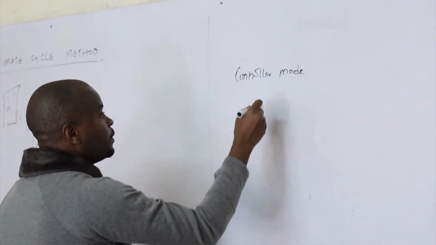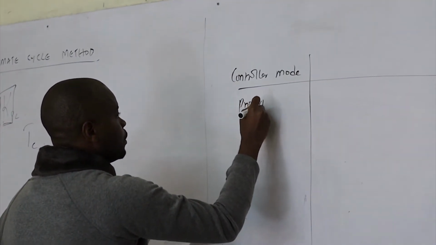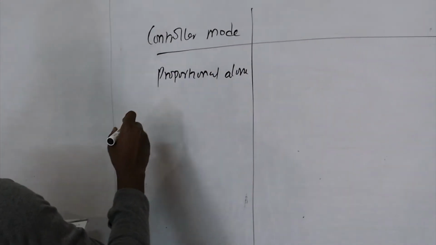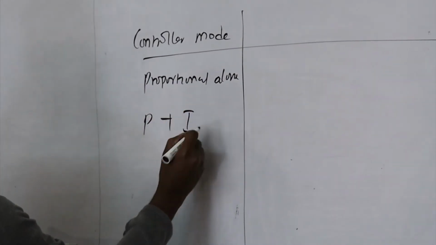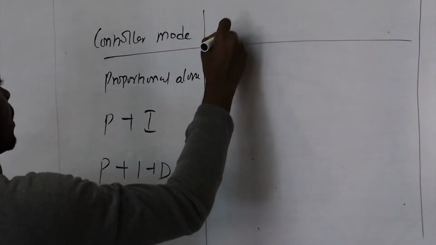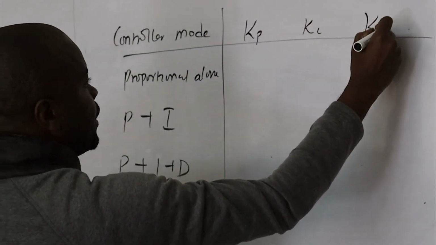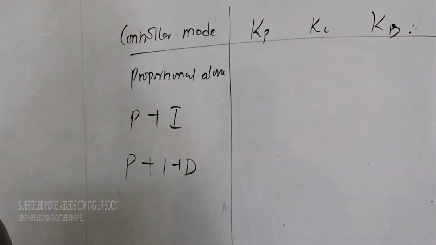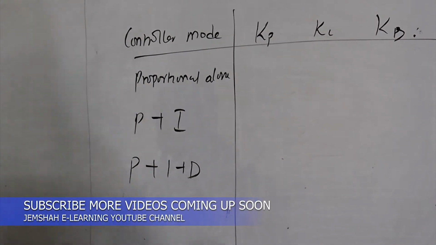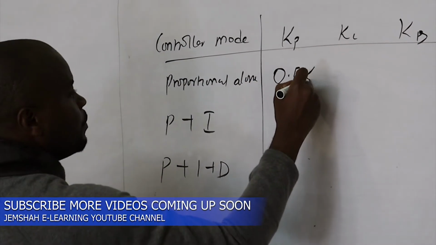Have controller mode. Then we have proportional alone, or proportional only. Then we have proportional plus integral, and proportional plus integral plus derivative. And in this case, we can talk of Kp, and we can talk of Ki, and we can talk of Kd. So in that case, when we only have proportional alone, then this one will be given as 0.5 Kpc,